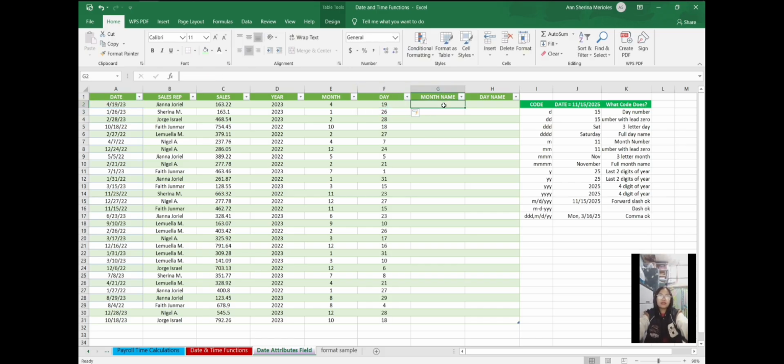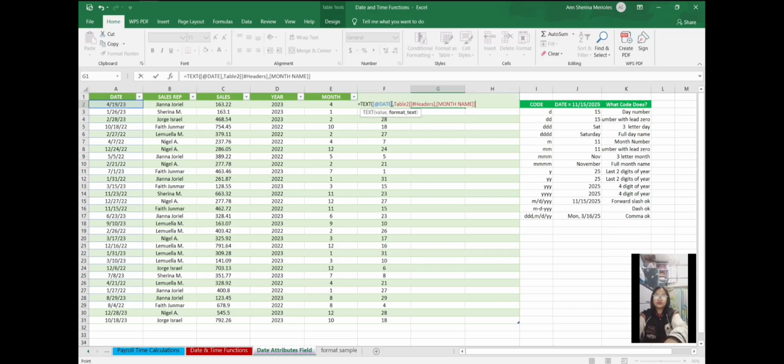In month name, you have to use the text function to get the specific name of the month. So in here, I'm going to type the text function. So click the date and then I'm going to use the format text.